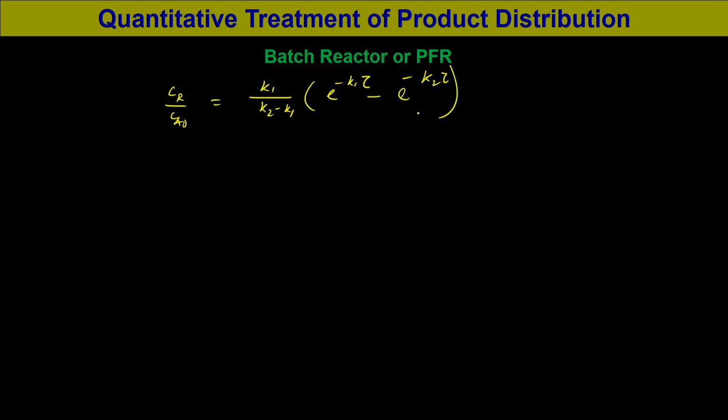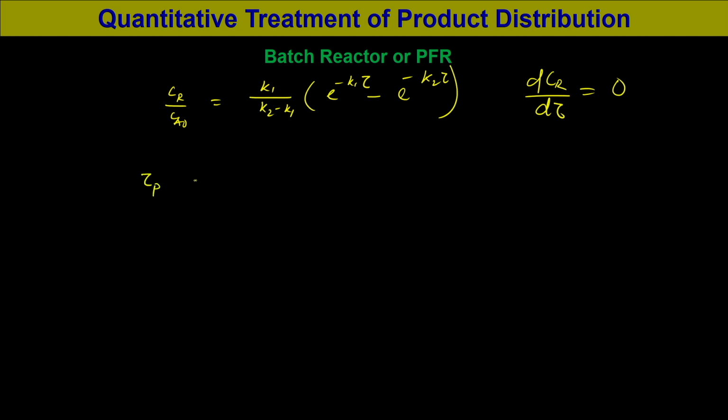If we differentiate this and set dCr d tau equal to 0, we would obtain